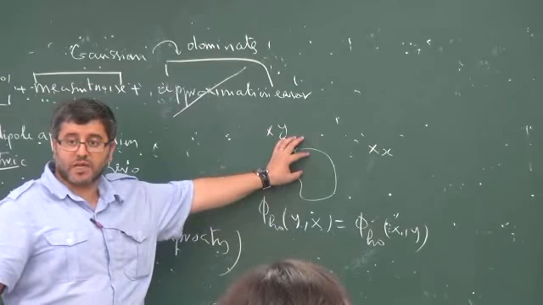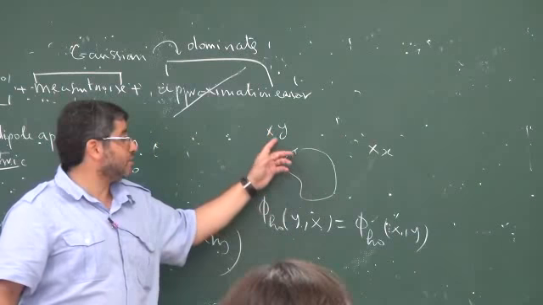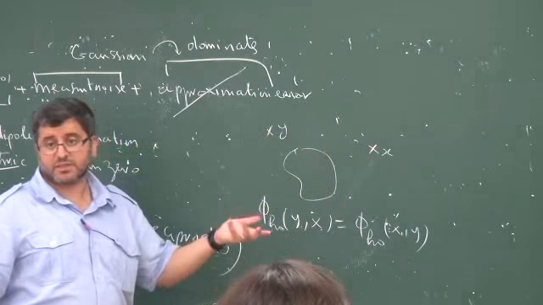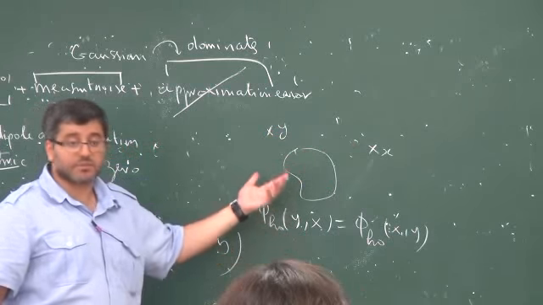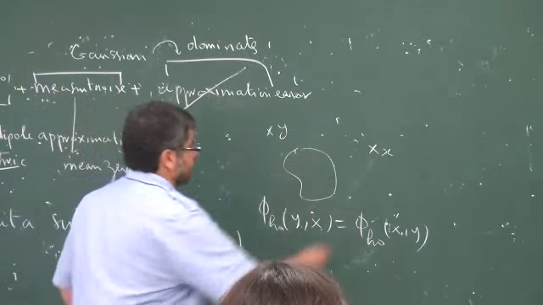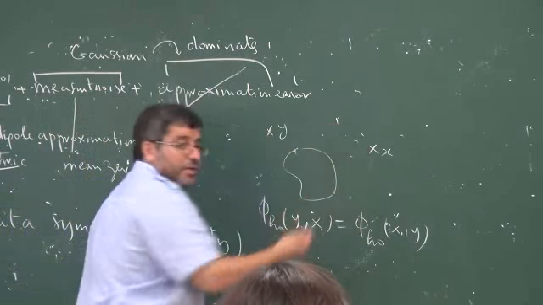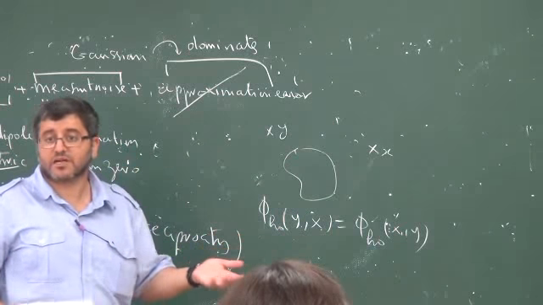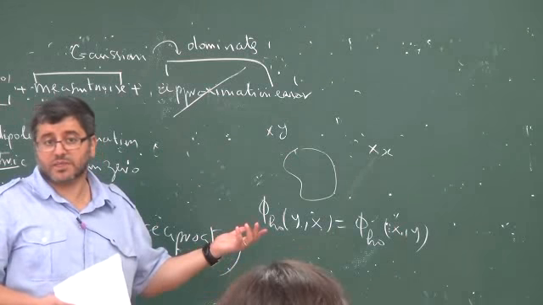So the medium is the target. You send the signal here to collect it here in the presence of the target. It's the same as sending the signal here and collecting here. That's why the matrix is symmetric, a perfect matrix. But then you make measurements. So when you take this point here and the receiver is here, or the other way, you may make a different measurement with different noise. So it may not be symmetric.